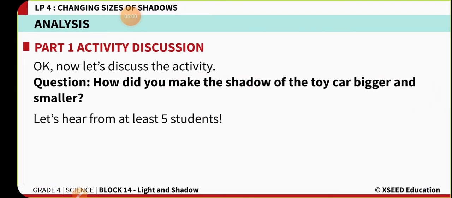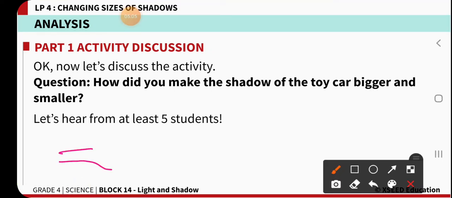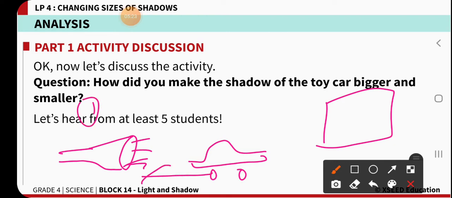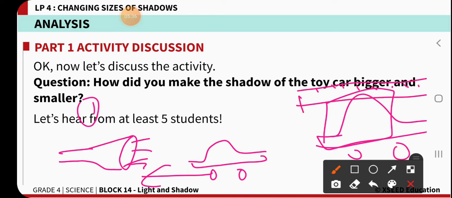After watching this video, let us also do that activity with the help of a torch. This is the light source. Now keep the car here. If not a car, whatever opaque object you have, keep it here and try to collect the shadows. When you are collecting the shadow, in the first case, place the object near the light source and collect the shadow. Now measure this shadow size with the help of the scale you have.